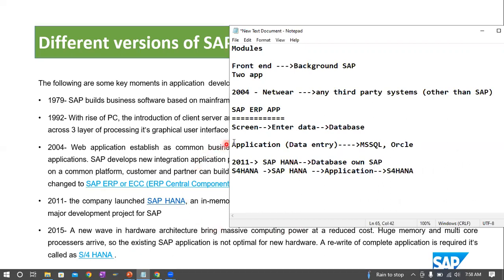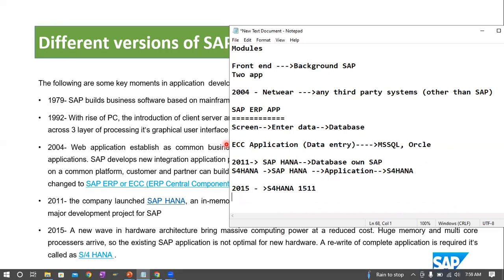Right, sir? So this is the ECC application, which is running on the MS SQL and Oracle database. And this is the S4HANA application, which runs on SAP HANA. Okay? The SAP S4HANA application is nothing but a presentation screen where you can enter the data. That is called the application or a presentation screen. So this is the way S4HANA is. S4HANA was released in the year 2015, and that version we call S4HANA